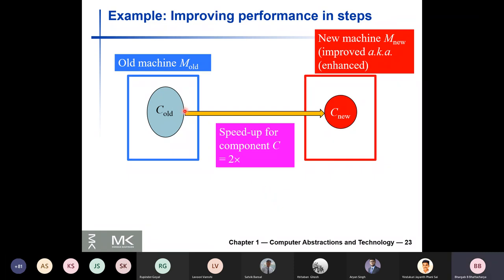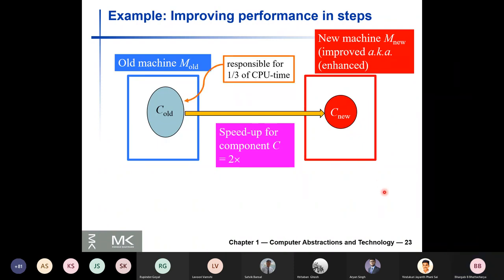So assume, take an example. Suppose the C old has been improved as C new, and the speed up is 2x. That means the execution time spent on this component is improved by a factor of 2. But for the remaining component, it remains the same. So it depends on which parameter then, that how much fraction of this old is, right? If this fraction is larger, then the improvement would be significant. If the fraction is smaller, then since the remaining portion remains the same, the improvement would be less,